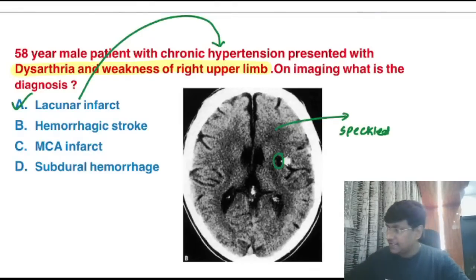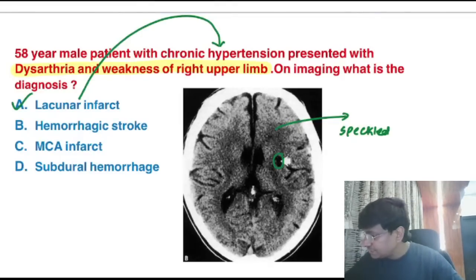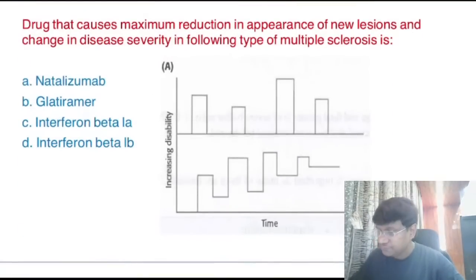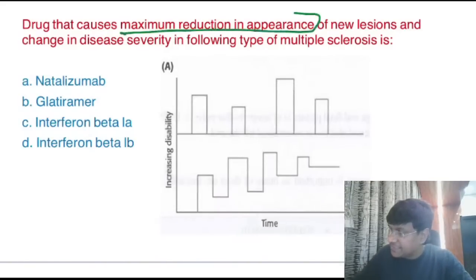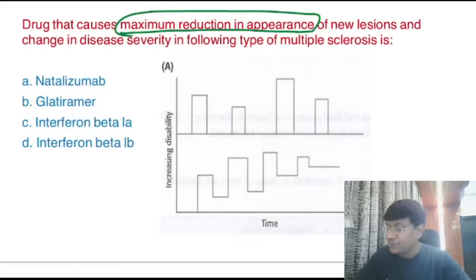Okay, now after having discussed the imaging of lacunar infarct, you see this question. Drug that causes maximum reduction in appearance of new lesion and change in disease severity in the following types of multiple sclerosis: natalizumab, glatiramer acetate, interferon beta 1A, interferon beta 1B. So the question is, the drug that causes maximum reduction in the appearance of new lesion and change in the disease severity is,